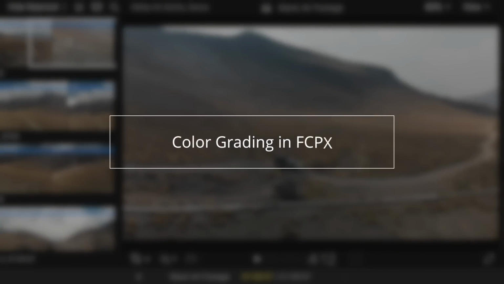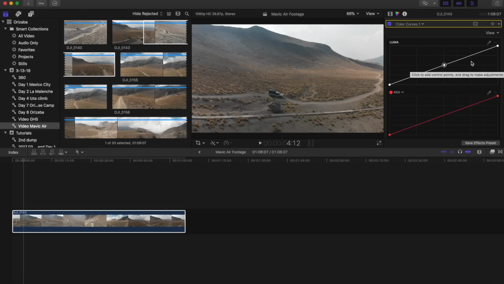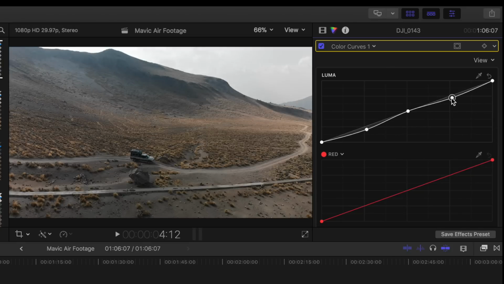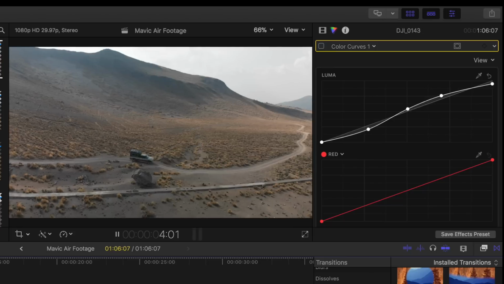The first is just color grading on our own using some of the tools that you find in Final Cut. The first thing you're gonna do is bump up the contrast in your image, and I use curves to do this. You wanna create a nice S-shaped curve with your Luma curve. What you're doing is bringing down your blacks and bringing up your whites. You're gonna dial this in to what looks best for your drone shot, depending on where you want your whites and your blacks to sit, but you want more contrast because the cinematic look is more contrasty. And from here, we're just gonna go in and play with the saturation, give it a little bit more of a pop, and out of this, you already have a much better looking image out of your footage.